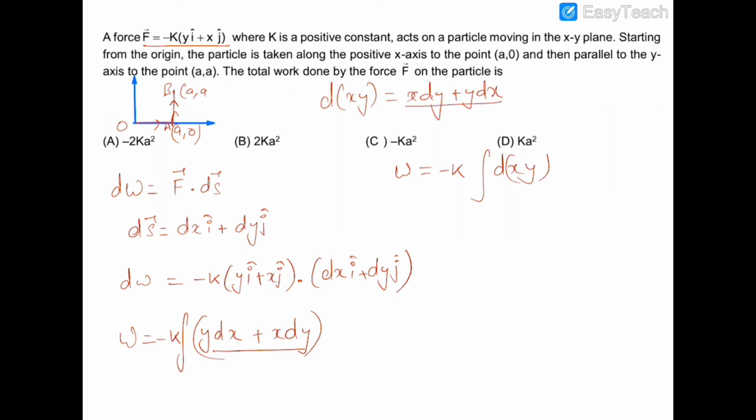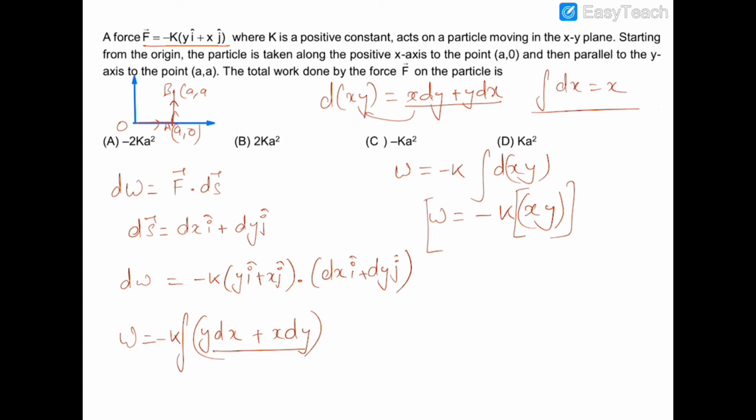So if I integrate this equation, then this will give d of xy. So the differentiation of d of xy is this, and its integration will be minus k of x into y, because we know that integration of dx is equal to x. Similarly, the integration of d of xy will be equal to xy, and applying the limit of,